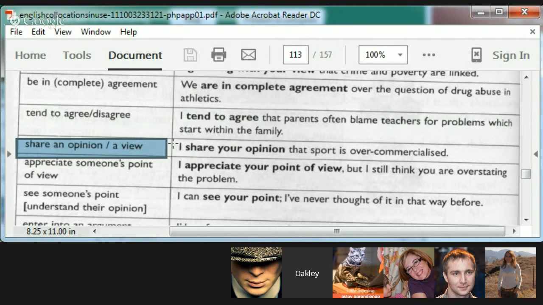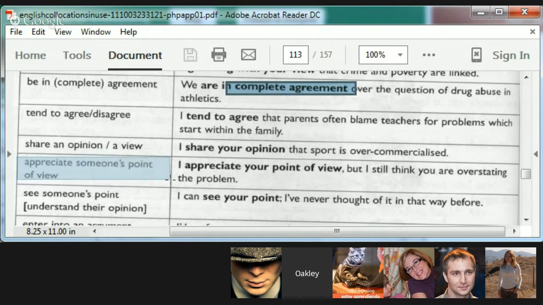Okay. This is not particularly strong. It's a strong collocation, but it's not really a strong statement. You know, I wholeheartedly agree. Well, there's a strong one. I completely agree. I absolutely agree. Usually when we want to show very strong agreement, we use one of these kinds of phrases using the word agree, and a strong adverb with a verb or a strong adjective with a noun. Strong agreement, complete agreement, absolute agreement.